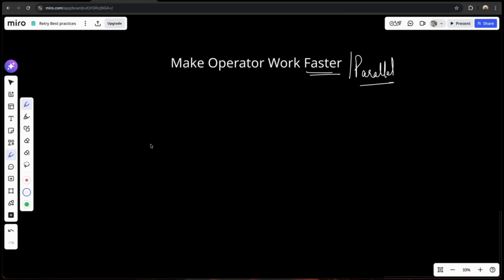This best practice does not talk about how long your operator takes to perform an operation. By now, if you have been following the code and the best practices, you would know that we always talk about this custom resource called EC2 instance. So we talk about a custom resource that we created in the course, which was EC2 instance, and